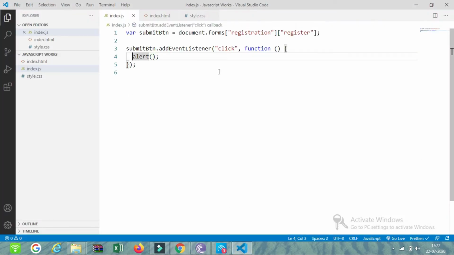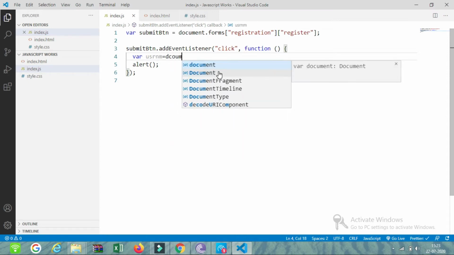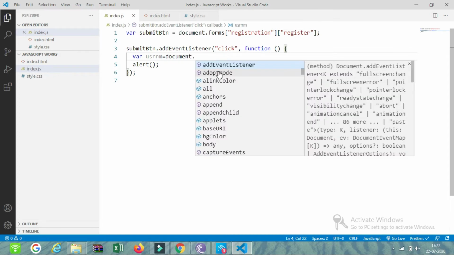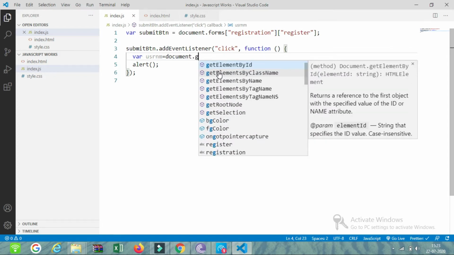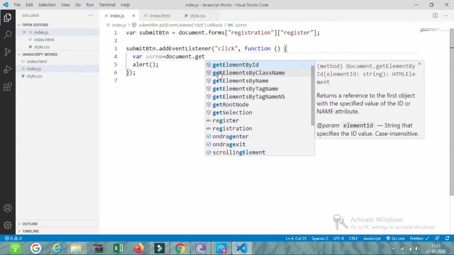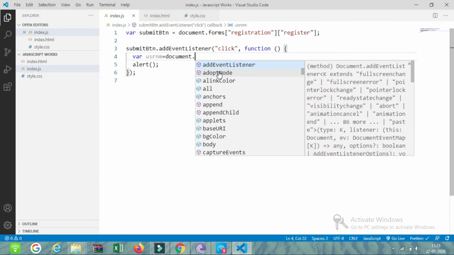For that purpose, we can create something like this: var text value or username is equal to document dot forms. We can access it through forms.